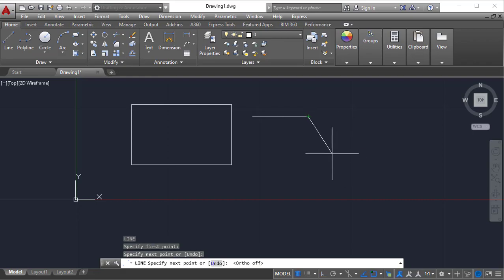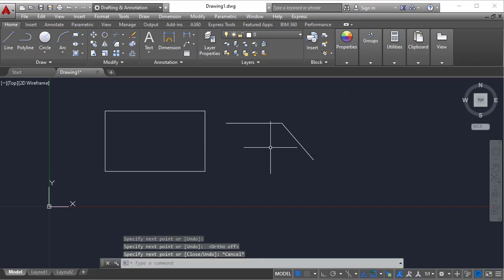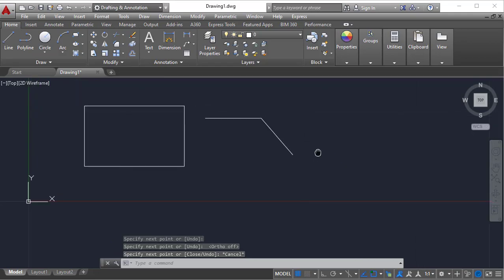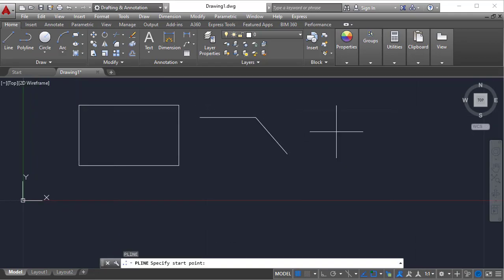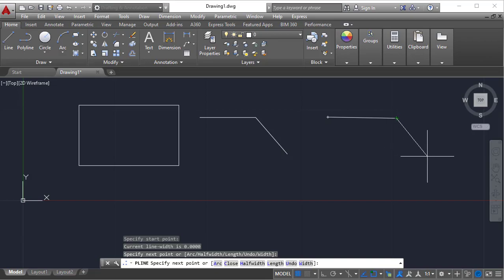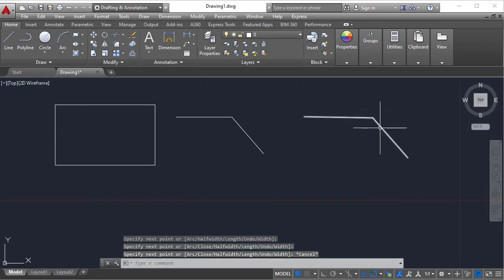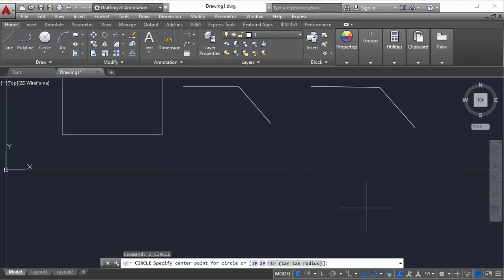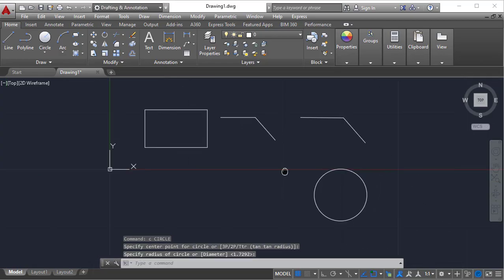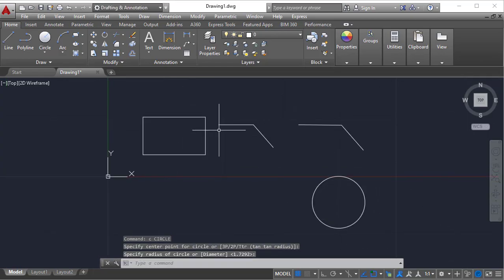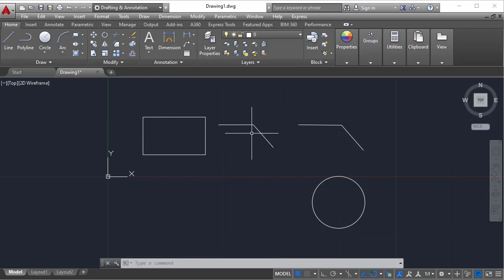I am switching off ortho. Two lines, a shape constructed by lines. PL, enter. I am creating a similar shape with the polyline. This is a polyline, and I am creating a circle. See, I have taken 4 different types of objects: one is a closed rectangle, a line object, a polyline object, and a circular object.